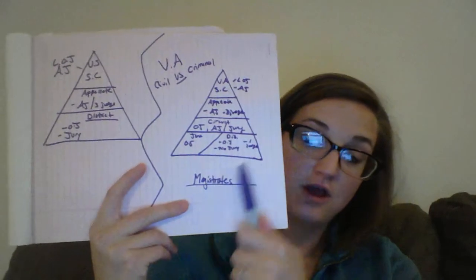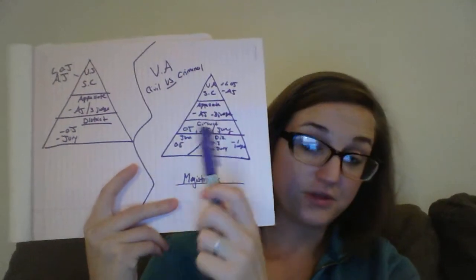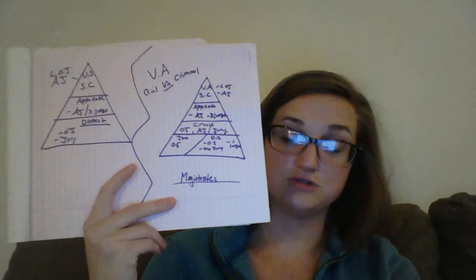They receive complaints by cops, sheriffs, and citizens. So if you have a complaint about your neighbor, you can go into the magistrate office and really file documentation to take them to court. Magistrates are also the ones who set bail for all of your criminal cases. So if a criminal has to go to jail and they're allowed to have bail, that will be set by the magistrates. So your magistrates are part of the system, but they're not a level in your judicial system for